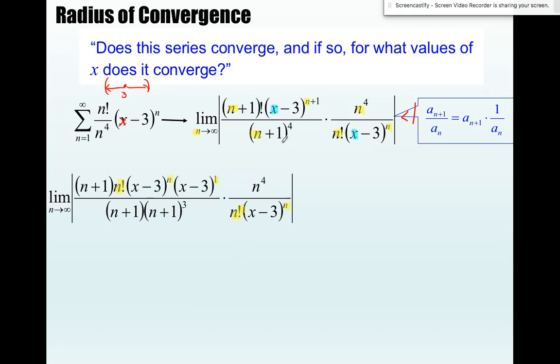Now notice what I did with n plus 1 to the fourth in the denominator. Why would I do that? I made it n plus 1 times n plus 1 cubed. Why? This is an n plus 1 to the first, and so is that. So do you see what I'm doing? I'm targeting everybody in my numerator and denominator. I targeted my x's because I know I want to osmose an x minus 3 to the first out front. And then I focused on who else can I reduce and eliminate from my fraction so that I can more easily evaluate that limit. And remember, my limit does have to be less than 1. So there's me canceling things out,